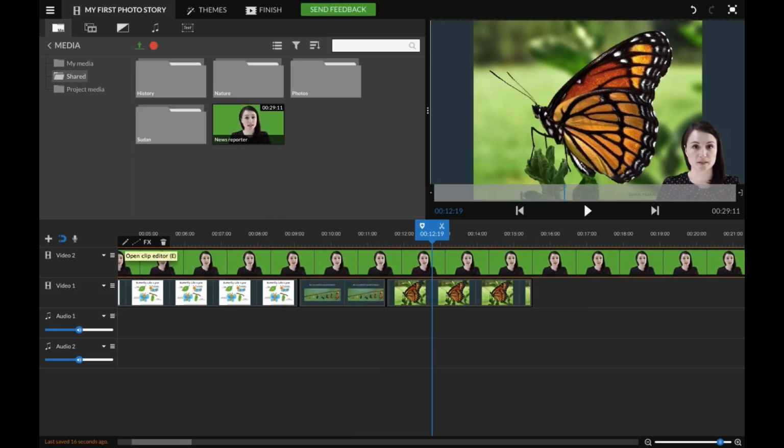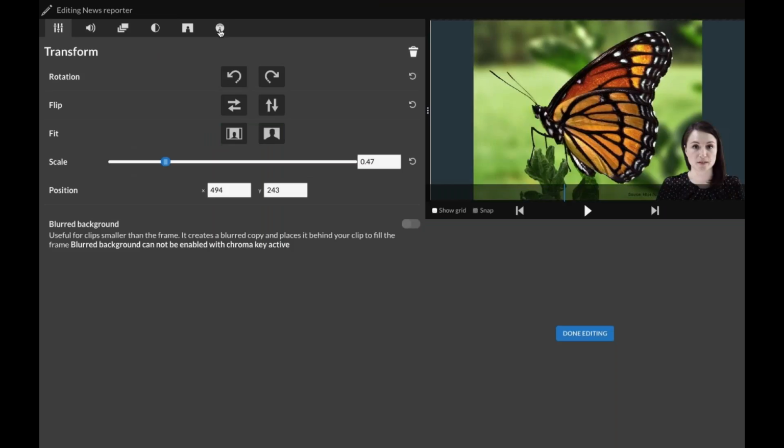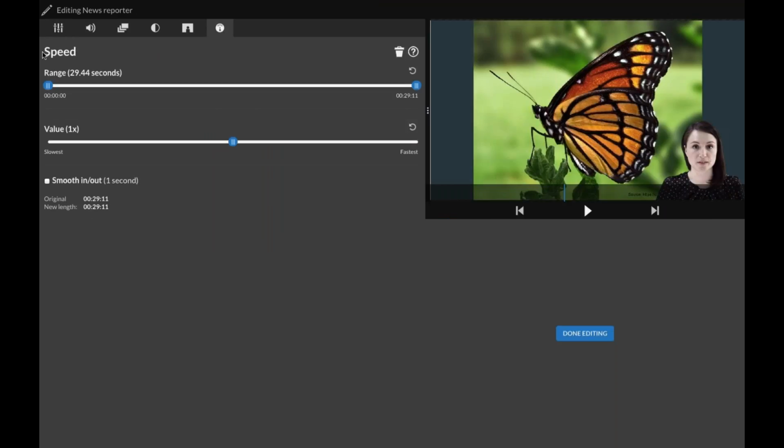To touch on some of the other premium effects, so if we go to the editor, there's also a speed feature, and you can slow down or speed up any video or any clip up to 10 times, which, as I mentioned, is really great for science experiments or anything where you want to see something that typically happens fast, slowed down.